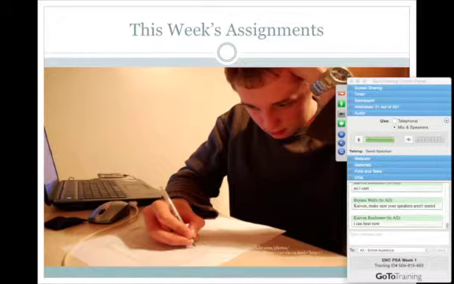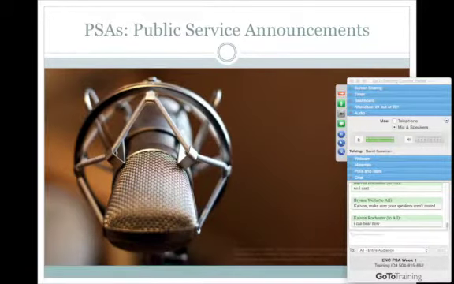Okay, this week's assignments. Actually, I'm going to hold off on that for just a second because I need to explain some stuff before we can really get into this week's assignments. I've already mentioned one of them, the professional emails quiz, but there's another one which is a discussion. But we need to talk a little bit first about what we're working on this month in order to understand what that discussion entails. So let's talk about what we're working on all month, which is to create a public service announcement.